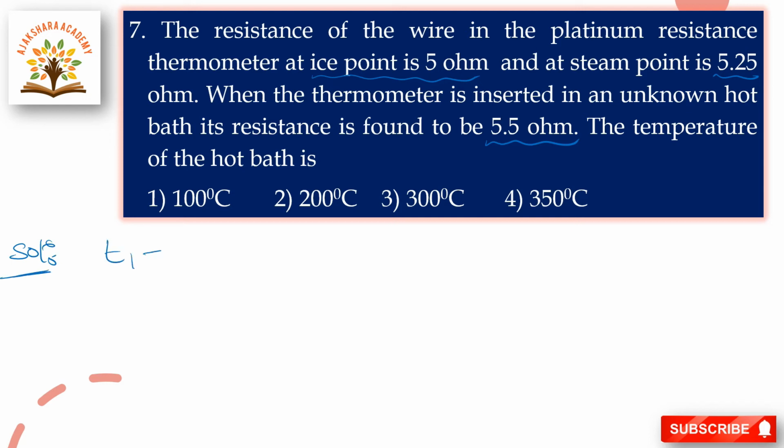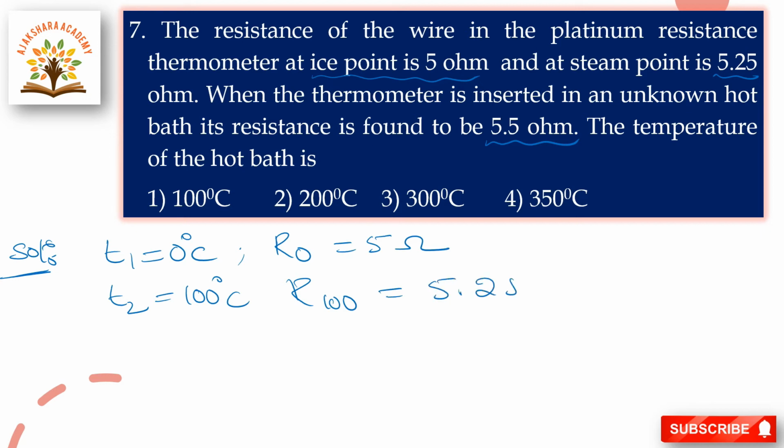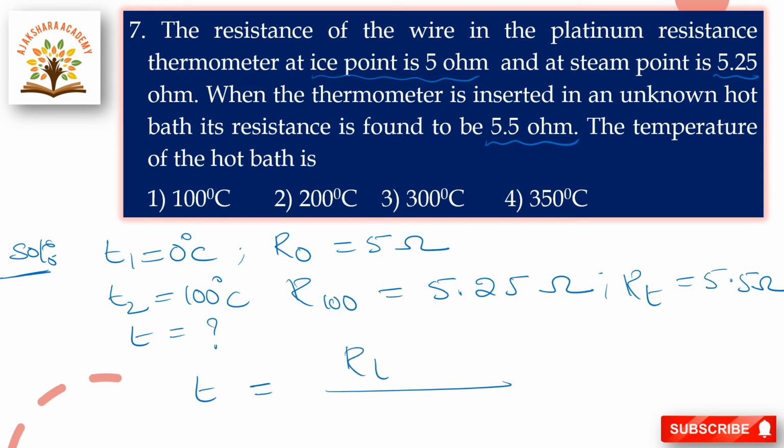Given T1 is equal to 0 degree centigrade and T2 is equal to 100 degree centigrade, and R0 is 5 ohms, and resistance at 100, R100, is equal to 5.25 ohms, and RT is given as 5.5 ohms. So we have to calculate the temperature of the hot bath. T is equal to (RT minus R0) by (R100 minus R0) into 100. Now substituting values, then T is equal to